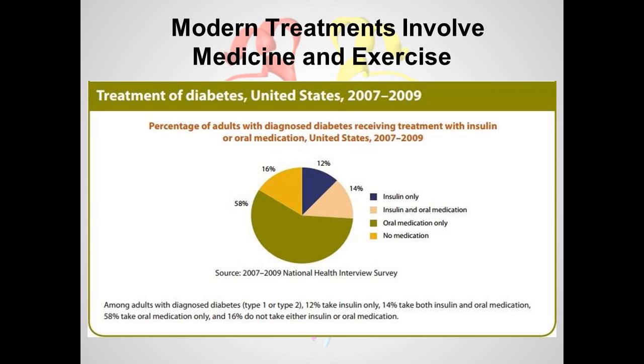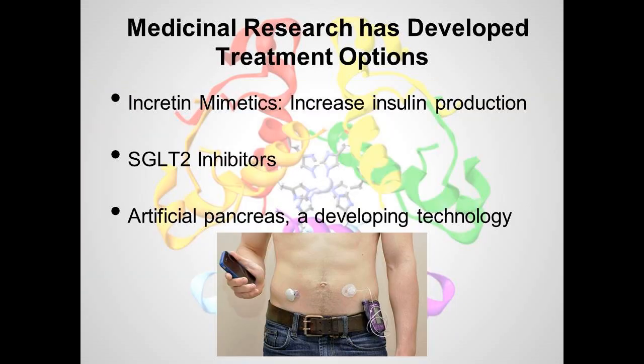From this pie chart, adults show a preference of taking oral medication only over having insulin injections. This pie chart, of course, does not take into account the severity of each diabetic case, as more extreme hyperglycemia requires insulin injections or other forms of introduction such as pumps. As noted earlier, diet and exercise are also important to include with insulin or medication treatments to treat diabetics in the long-term case. Now, as science and medical research continue to prosper, more treatment options will develop.